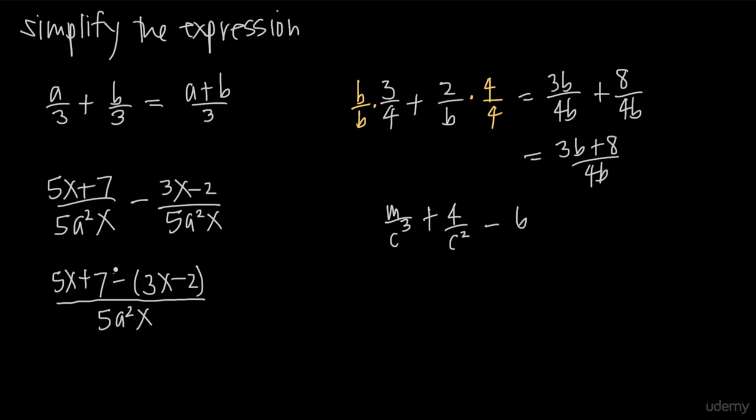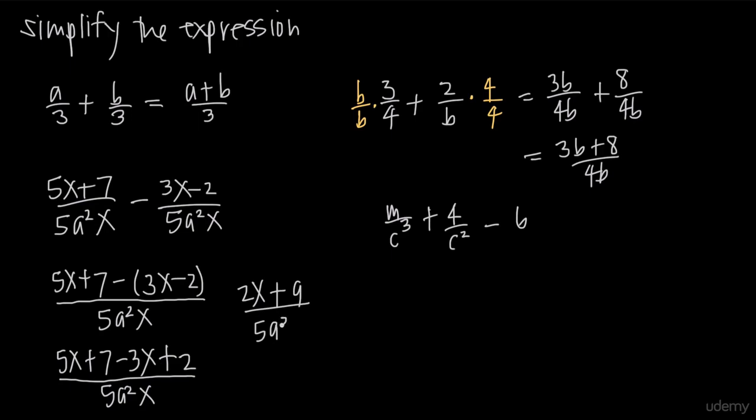Now we'll go ahead and distribute the negative sign across the quantity 3x minus 2. We'll get 5x plus 7 minus 3x. Negative times a negative 2 is a positive 2, so minus a negative 2 is a plus 2. And then in our denominator, 5a squared x. Now we just need to make sure that we can't combine like terms. In this problem, we can actually. We have 5x minus 3x is going to be 2x. Remember, 5 of them minus 3 of them is 2 of them. So I have 2x, and we have whole numbers we can combine. Positive 7 and a positive 2 is a positive 9, so we get 2x plus 9 all over 5a squared